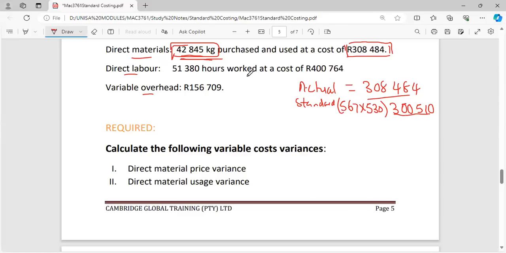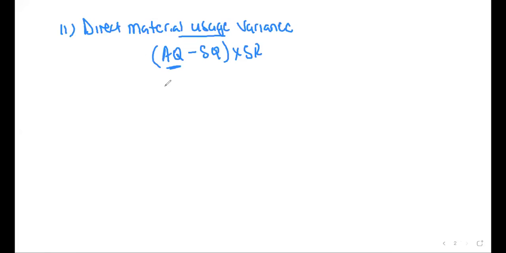Is the one, 42845. That's the actual quantity. So it's going to be 42845